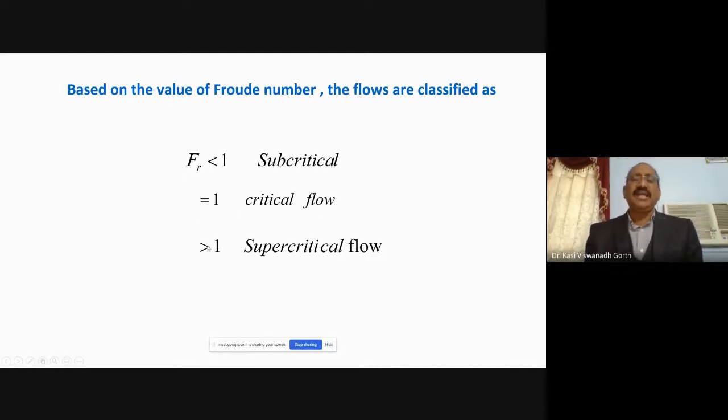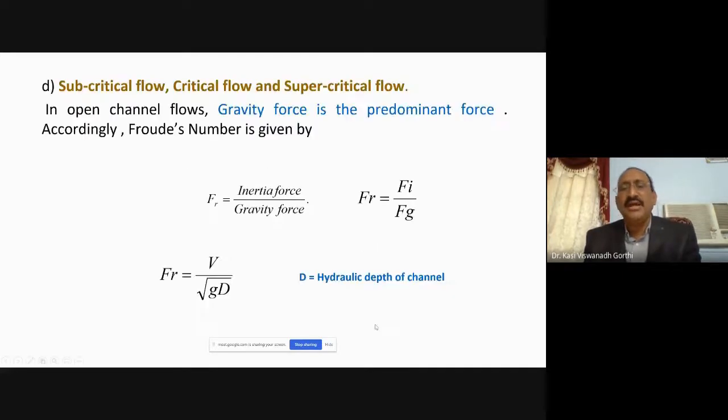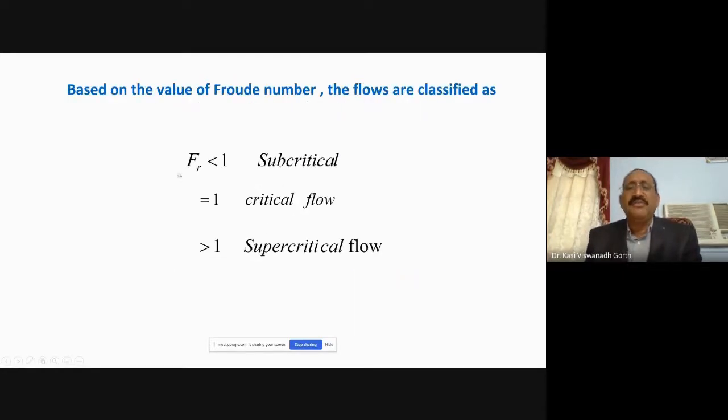If Fr is greater than 1, the flow is said to be supercritical flow. Just like laminar and turbulent flow based on Reynolds number, we have subcritical, critical and supercritical flows in open channel flows based on another dimensionless number known as Froude's number. Froude's number is the ratio of inertia force to gravity force. If the value of Froude number is less than 1, subcritical, equal to 1, critical, and greater than 1, supercritical